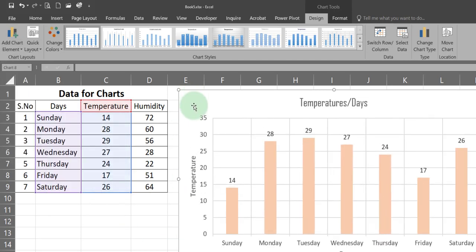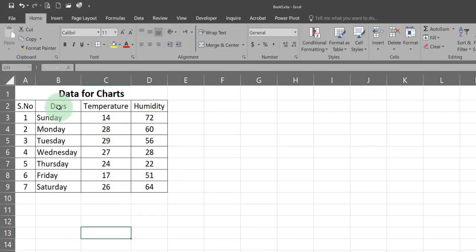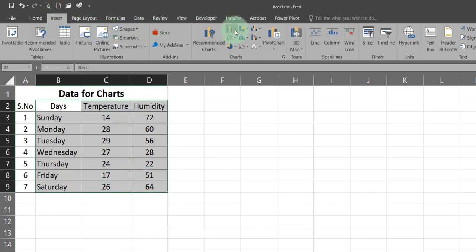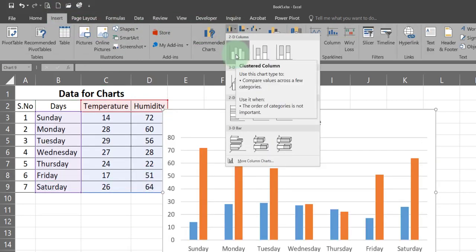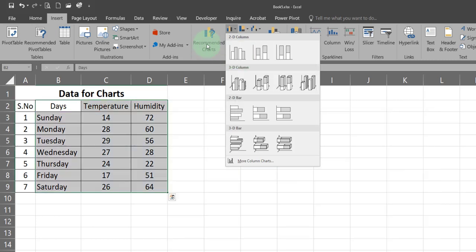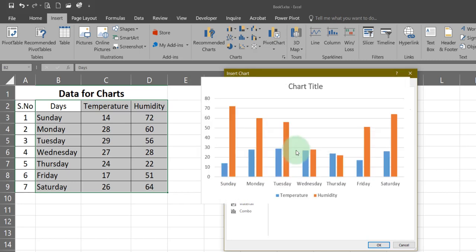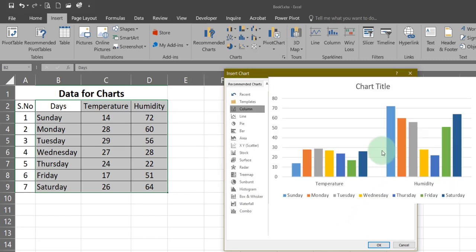For example, let us remove this chart. We select both the values. Let us select this one from here, column chart. We have two different values, so it shows two different values here also.